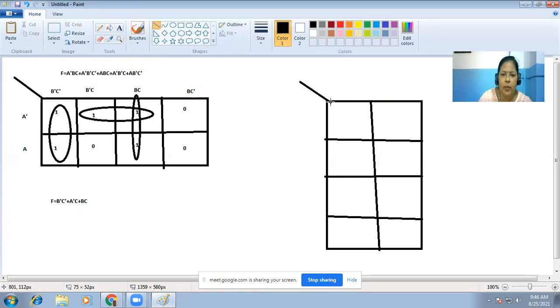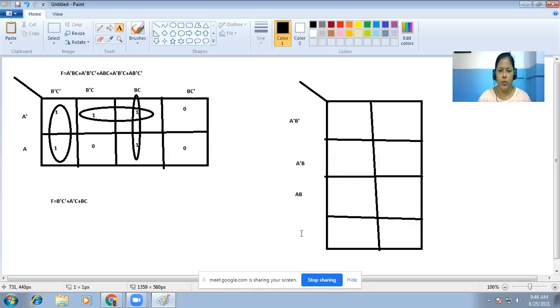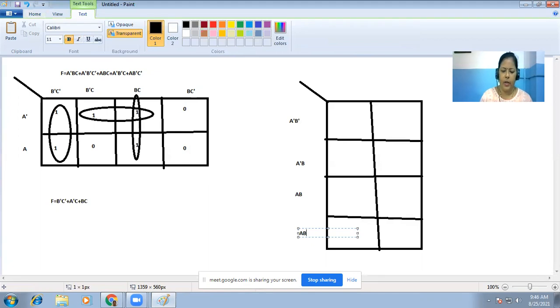Now in the same way you can do it for this side. In that case, on this side it should be a bar b bar, a bar b, a b, a b bar.